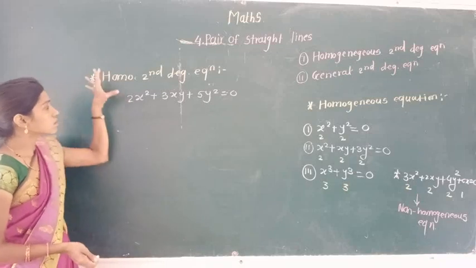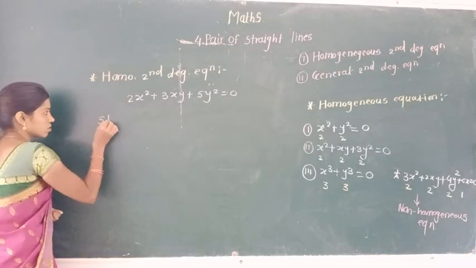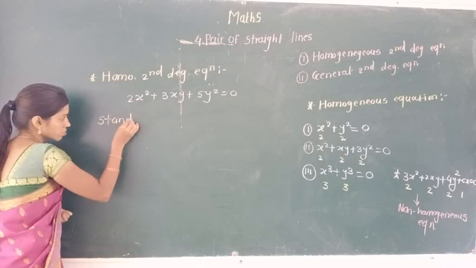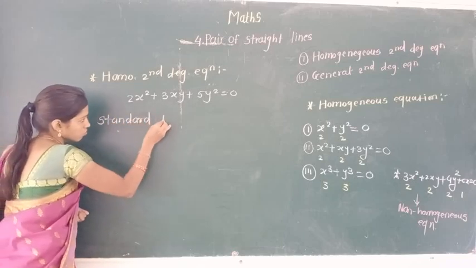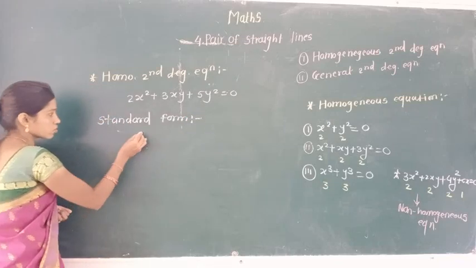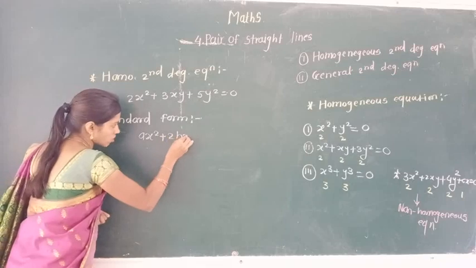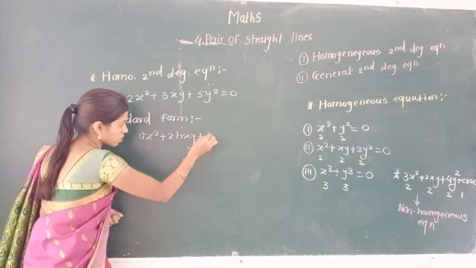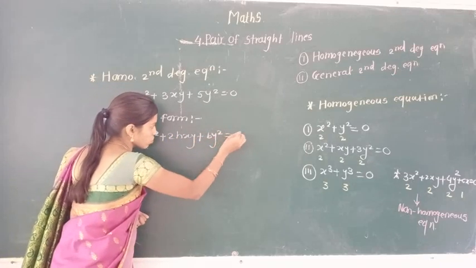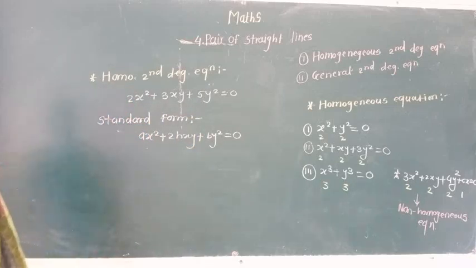And see, the standard form of homogeneous second degree equation is ax square plus 2hxy plus by square is equal to 0. Okay. Now see, the next point is